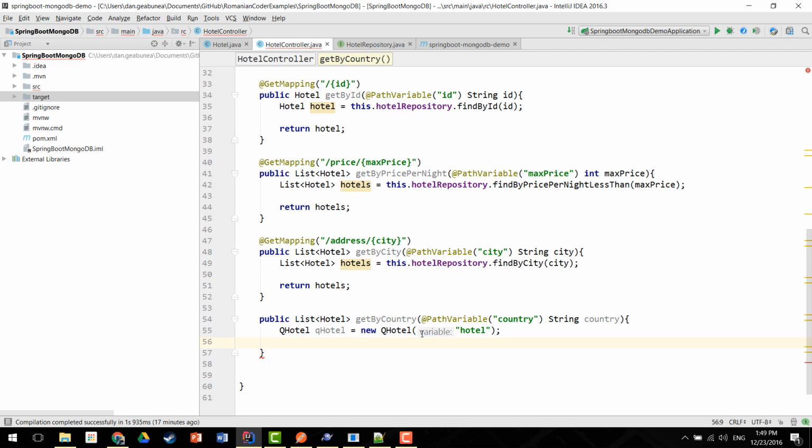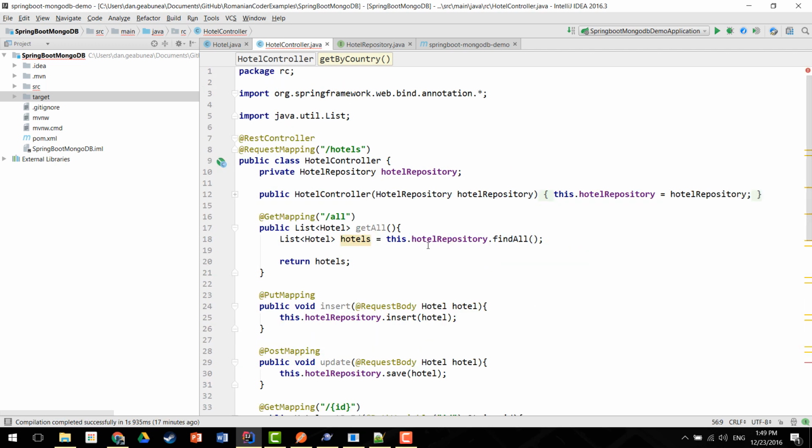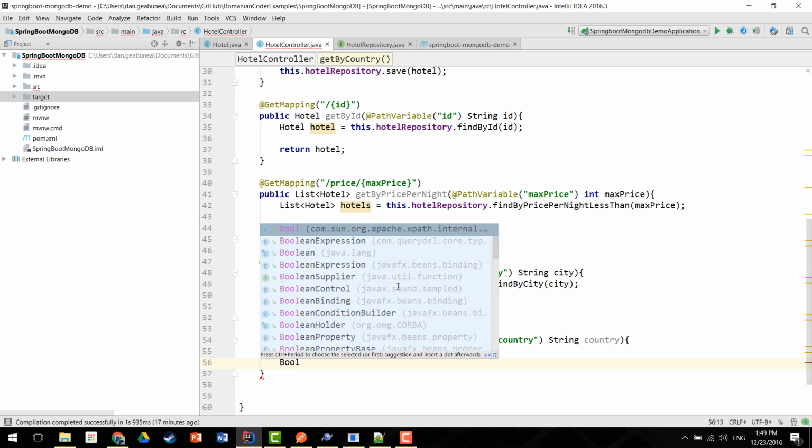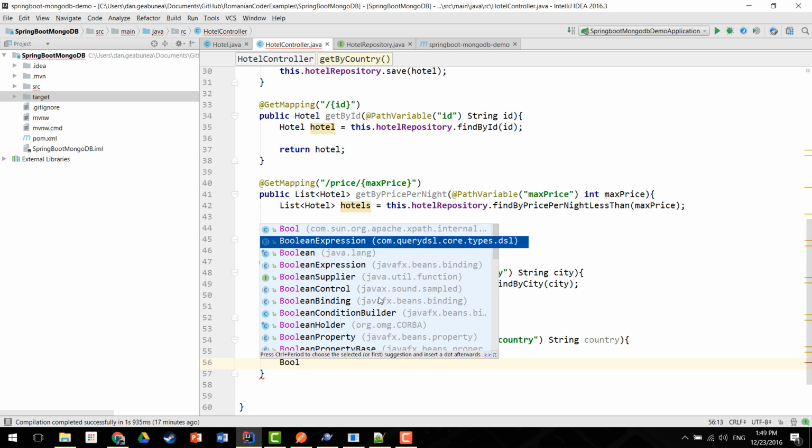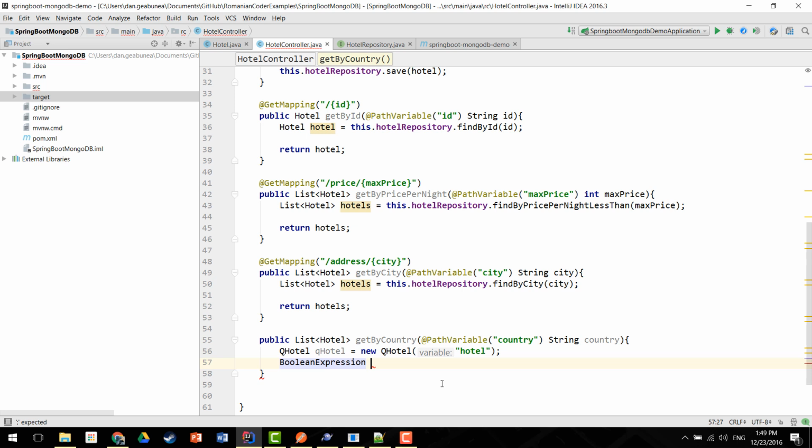And now we can define our first filter, which will be a Boolean expression, but you need to use the Boolean expression from this package, from com.querydsl.core.types, because there's another one in JavaFX beans binding. Okay, so Boolean expression, we'll call it